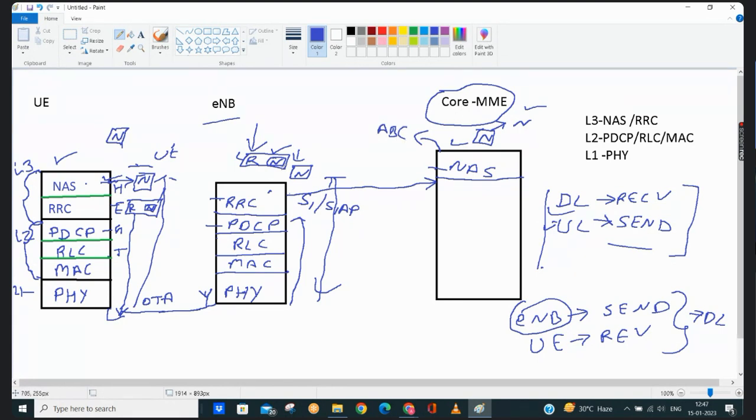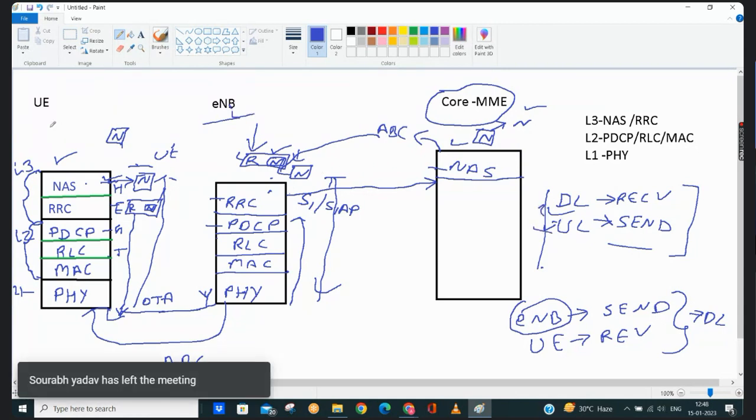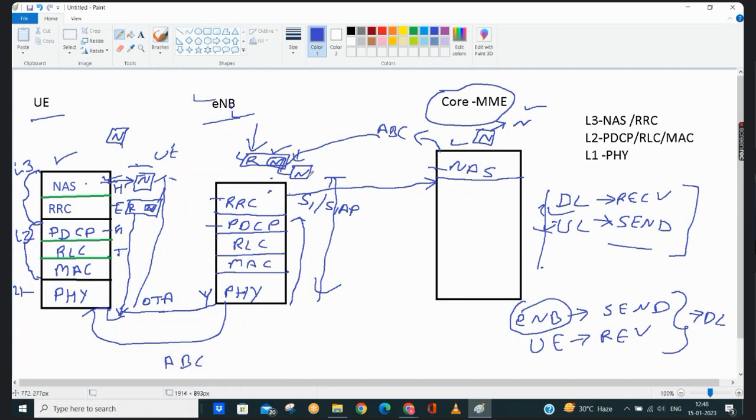MME is sending some message ABC. eNodeB will receive that message. No, I'm not asking that. I'm concerned only about the communication between the RAN side and the core side. I'm not involving the UE side here. DL or UL depends on the UE and eNodeB communication.